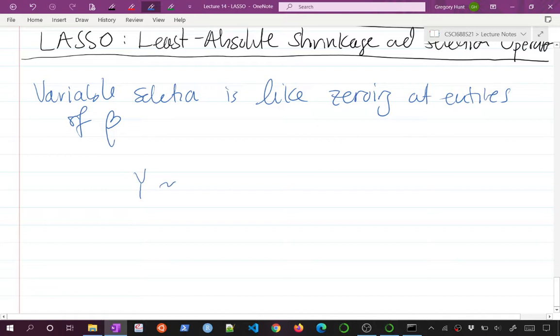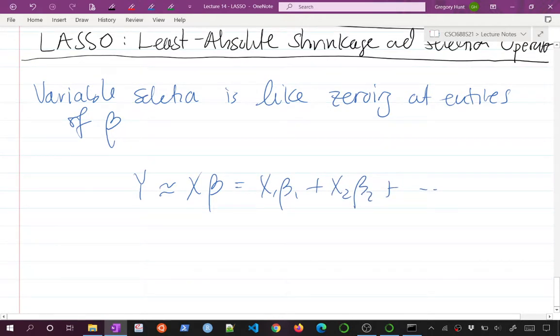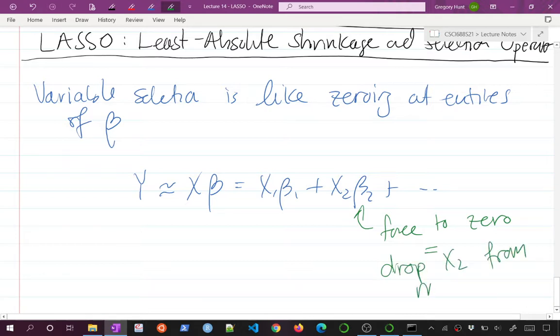Because my model is that y is approximately x beta, or x1 beta 1 plus x2 beta 2 plus and so on. And if I were to force this equal to 0, that would basically be dropping x2 from my model, which is variable selection. That's what variable selection is. So we'd like to force some of these betas to be 0 when we estimate. So when I estimate beta hat,